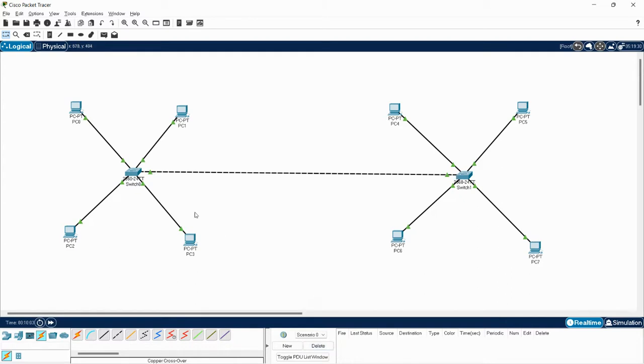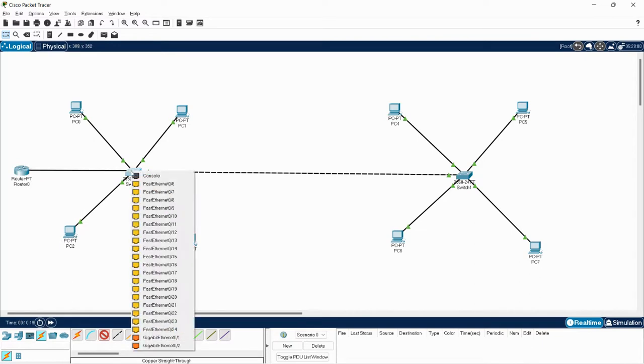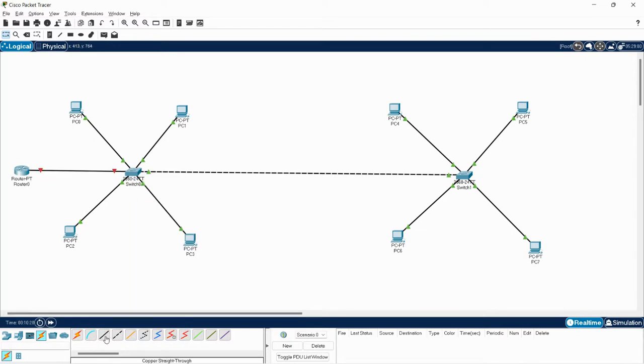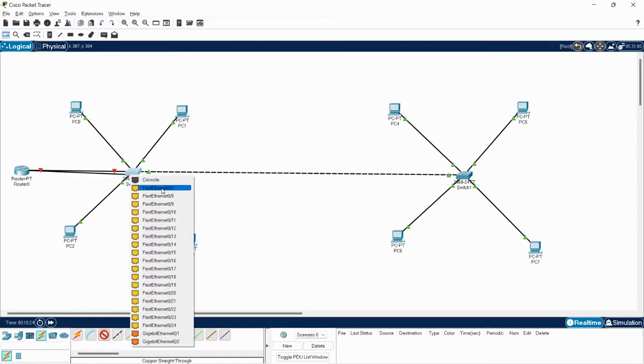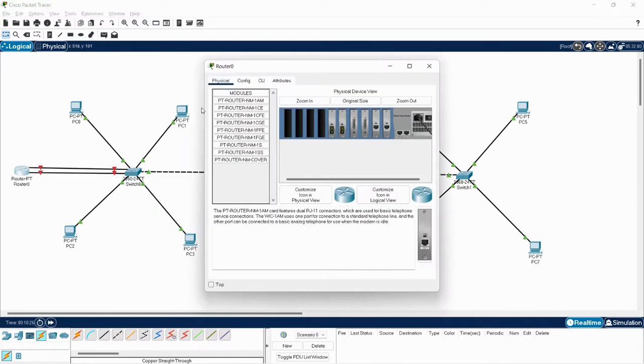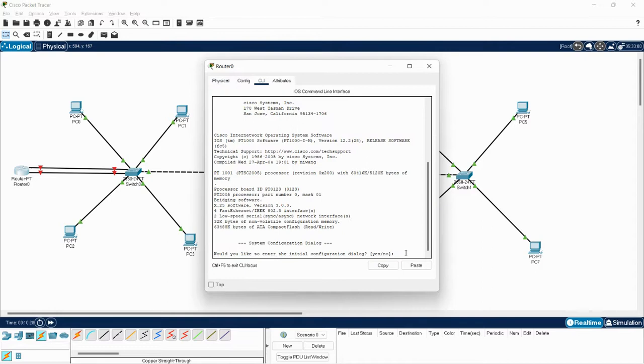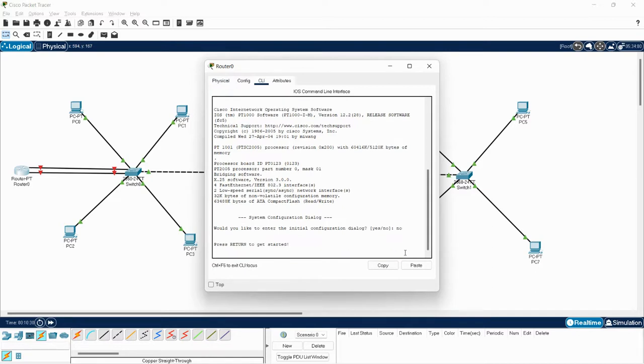Let me go ahead and create a router. I'm going to connect the switch and router via two copper straight-through wires. To enable the connection between router and switch, I need to enter the following commands in the router CLI.